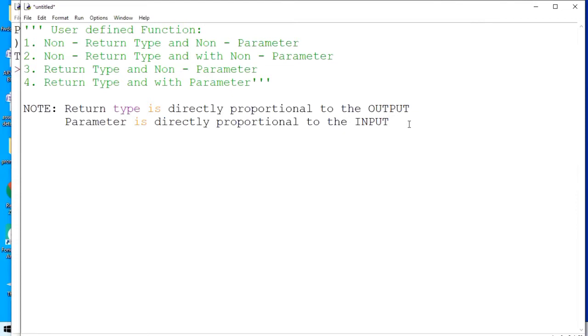Then if the function needs any input, inside the function we can provide the code through which the function will ask the value directly from the user. In that case, we don't need to provide any parameter.